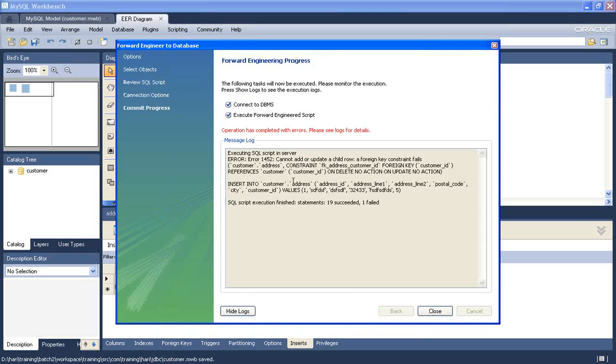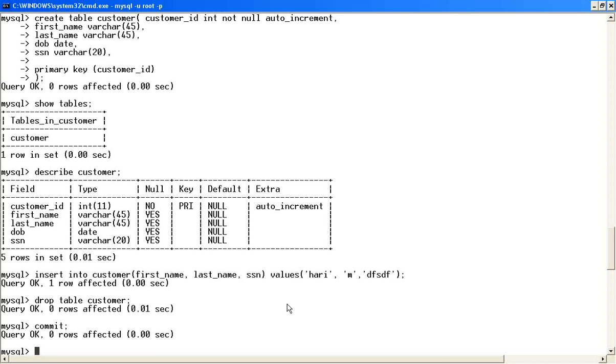Yeah, see here. I want to show you the foreign key related error. It actually faced an error here. Cannot add or update a child row. See here, the insert into customer address. Okay, customer is the database name here. So the database name is also customer, and then address. It is trying to insert into the address table with the customer ID as 5, but because there is no